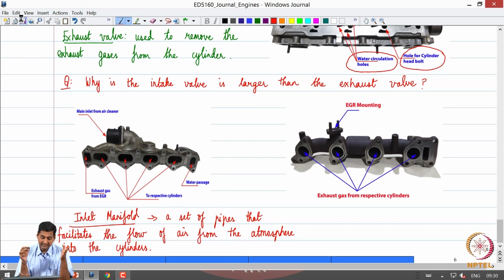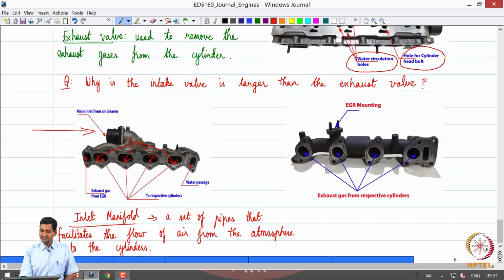So, you can clearly see that I have air being taken from the atmosphere. Okay. It passes through a filter or a cleaner to remove dust particles and then it comes in, and you can see that there is a channel of pipes or flow paths through which this air is distributed to the respective cylinders. Okay.